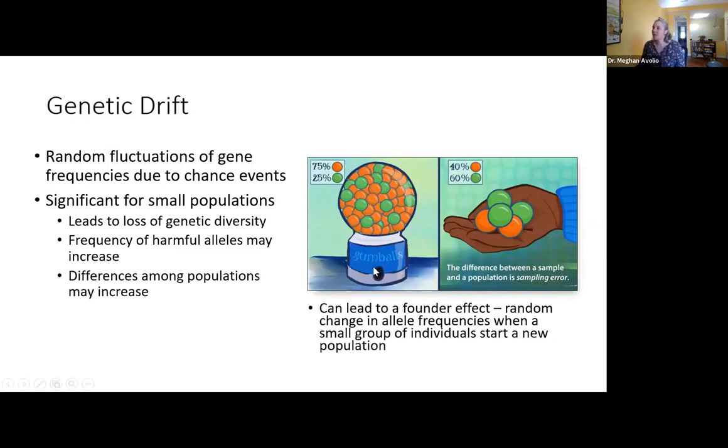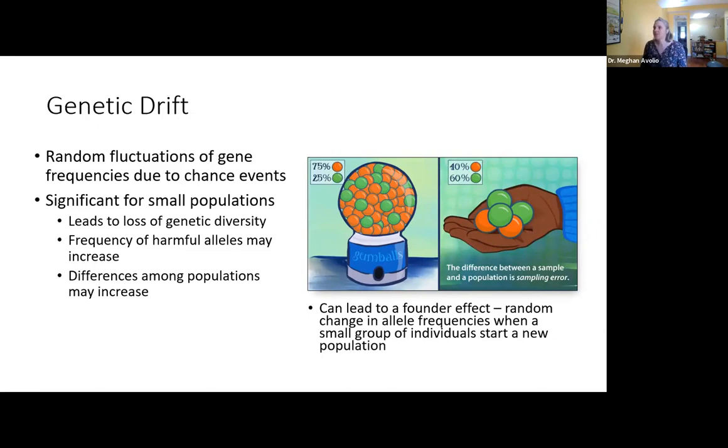And so we can think of an example here. We're taking gumballs out of a gumball machine. 75% of the gumballs are orange, 25% are green. If I randomly take a small population, for example if I have a founder population, I can now have only 40% orange and 60% green. So this is a big change in allele frequency. It's also totally random. And now this new population is going to be very different than the founder population. This is something called the founder effect, where the genetic diversity of the founding individuals sets the trajectory for that local population.